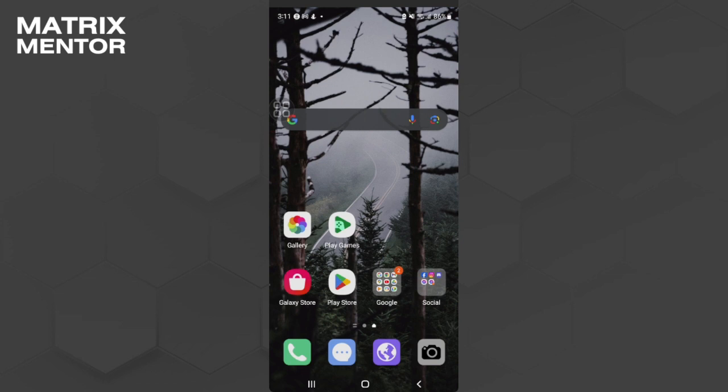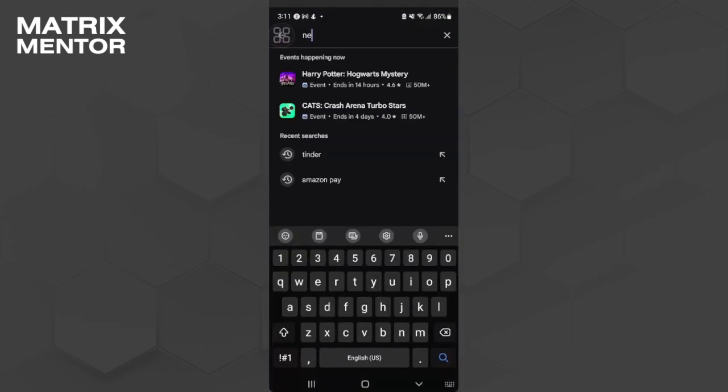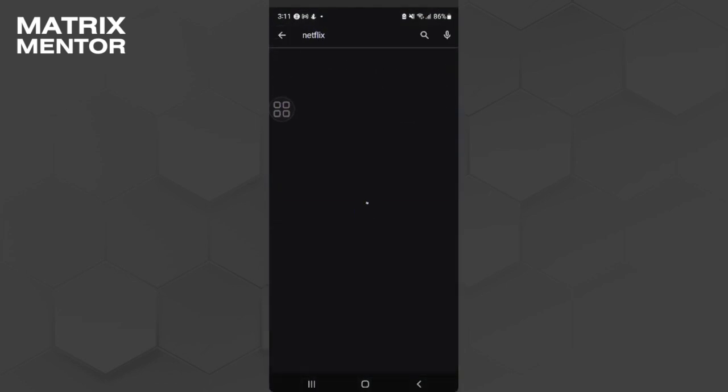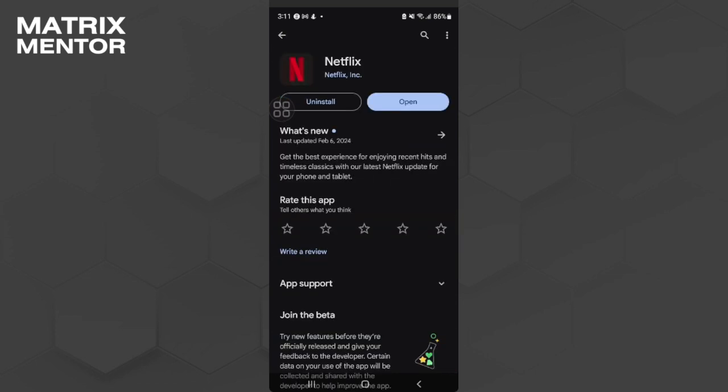So let's get started. To play GTA San Andreas on Netflix, you will need a Netflix application, also a Netflix account. So what you want to do right now is go to your Play Store and simply search for Netflix. Make sure that your Netflix application is up to date. After updating your Netflix to the latest version, you want to open the app,